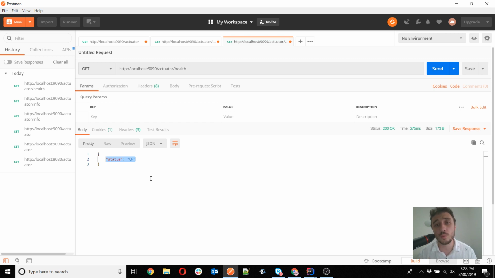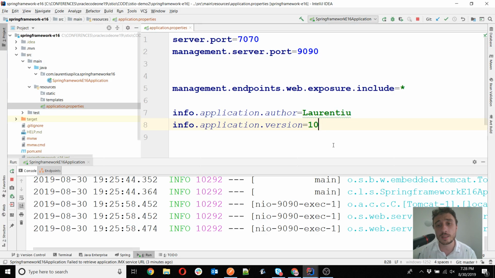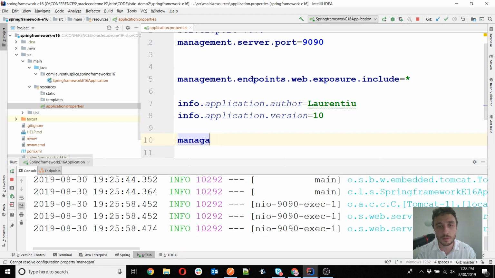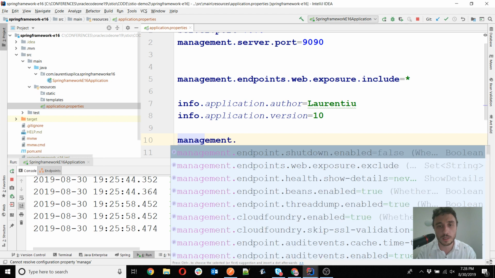In some cases, you would like to also add to your status some sensitive data, that is, as I've said, the disk space, for example, or the database. And in this case, you have to actually configure it yourself. So you have to specify using management endpoint. By the way, I'm not sure why, but IntelliJ suggests that I enable the shutdown. It was that one that we discussed in the beginning, but this is not what I want to do now. It's management endpoint,